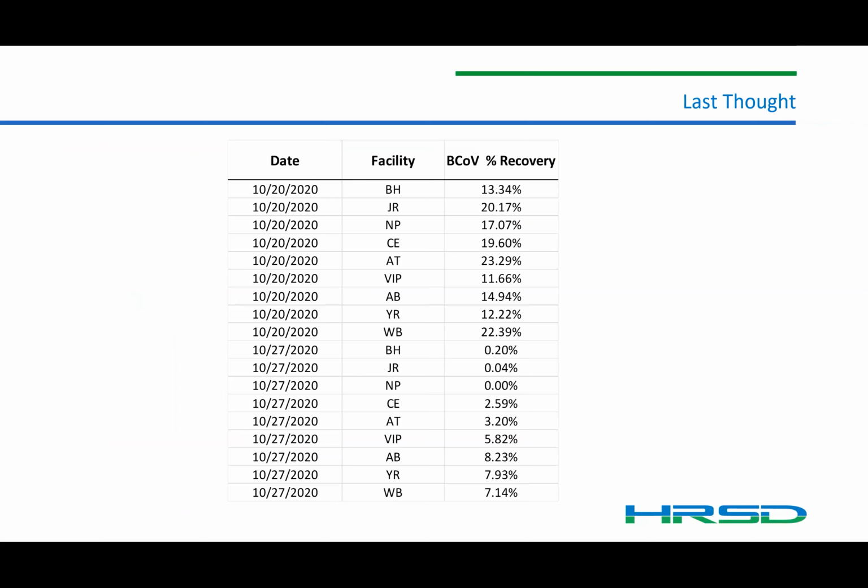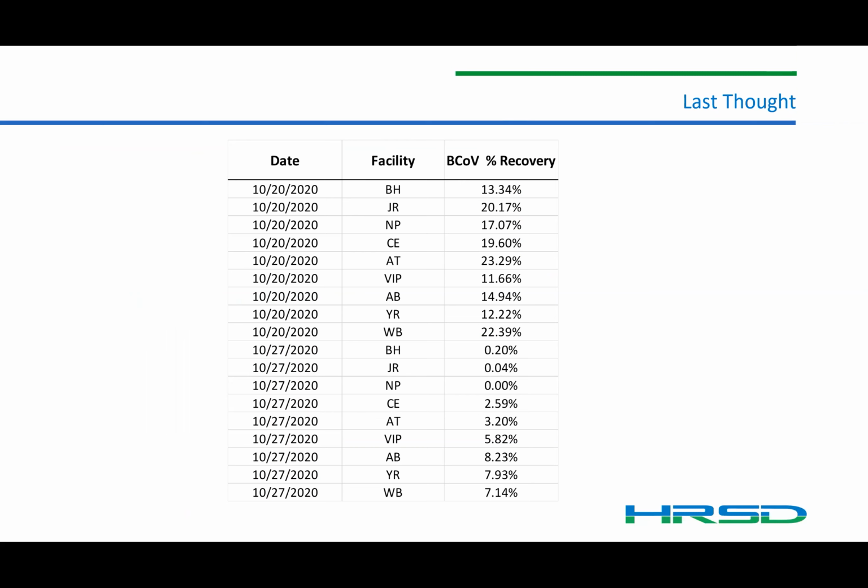And I'm coming up to my time here, so I thought I'd just end with a last thought. I know that, especially for those of you who probably aren't used to running qPCR or RT-qPCR, it might seem like there's a lot of controls and a lot of standards and kind of redundant tests in there, but I find it's really important to run all of them on every sample. This is the bovine coronavirus recovery for the last 2 weeks in October for our weekly sampling,